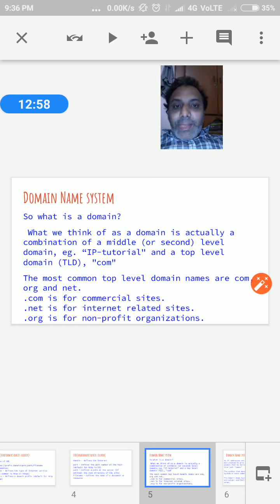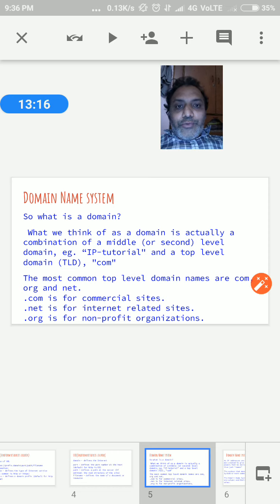Suppose I take one example: www.iptutorial.com. Here iptutorial is the second level domain and .com is the top level domain.